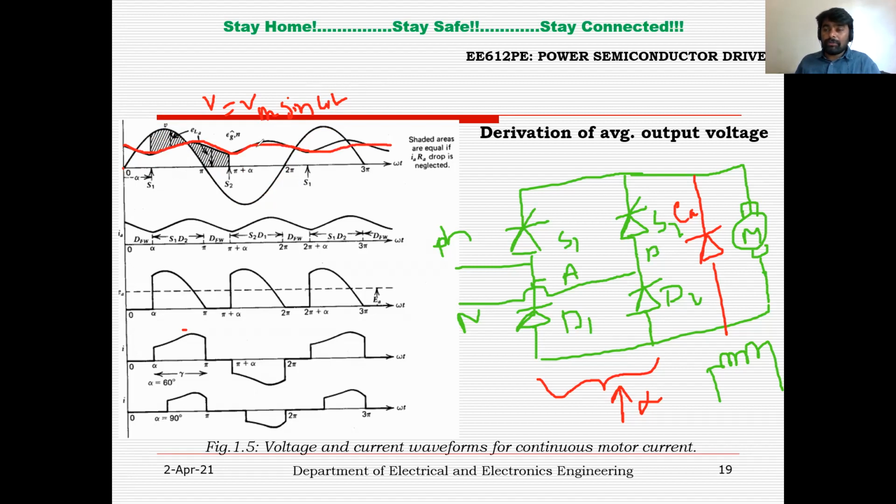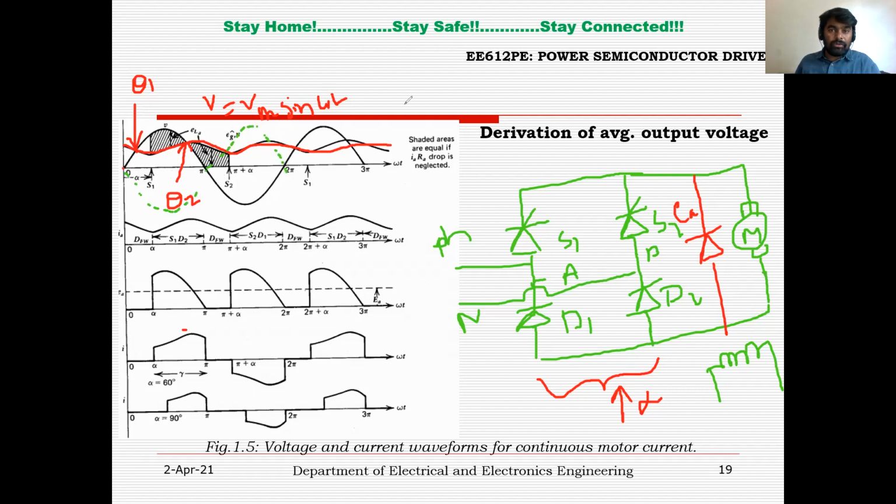Okay, now we need to observe a few more points here. It is just like a RLE. Now at this particular point, the input instantaneous voltage V and the back EMF EG are intersecting here. Let us say the intersecting point is theta1. Similarly, at this particular point also, both the input voltage and the battery voltage are intersecting. Now this is during the positive half cycle. The negative waveform will be something like this, which is phase shifted by 180 degrees.